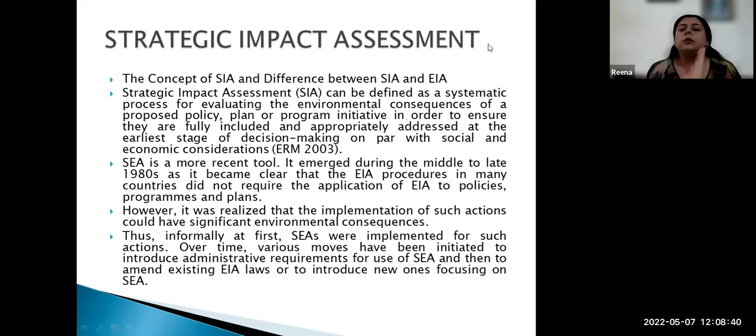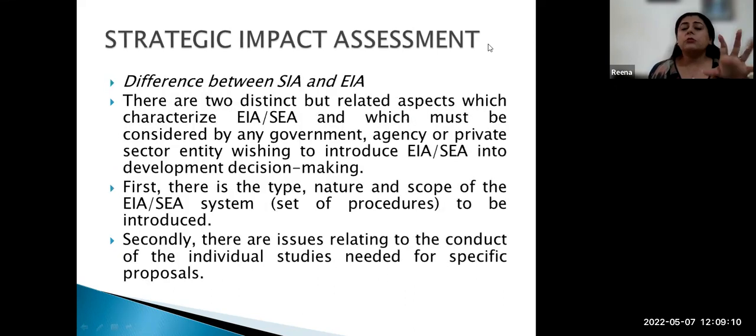So strategically you determine what the environmental consequences are of your proposed project, plan, or program initiative. It may not definitely be an industrial project activity. It will be a policy, plan, or program initiative. So whenever there is a policy, plan, or program initiative associated with some environmental consequences, this strategic impact assessment tool comes into the picture. The difference between EIA and SIA is that